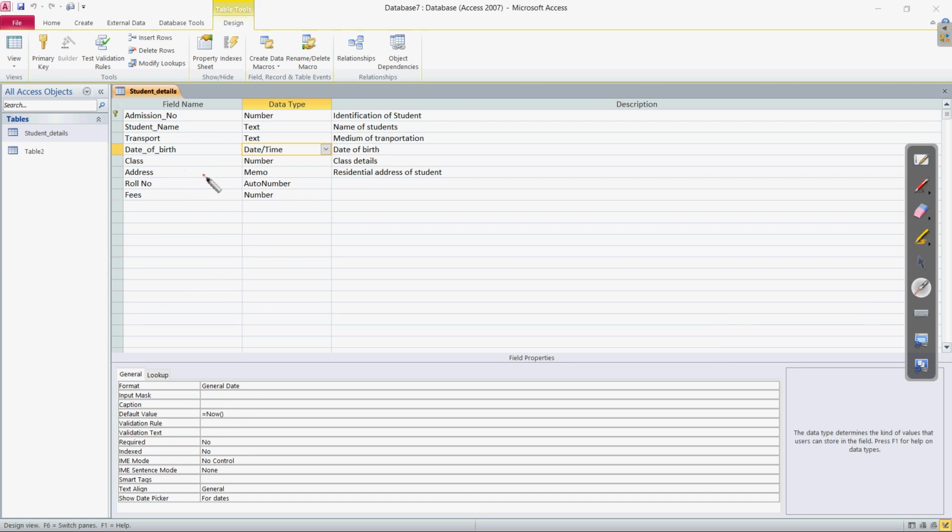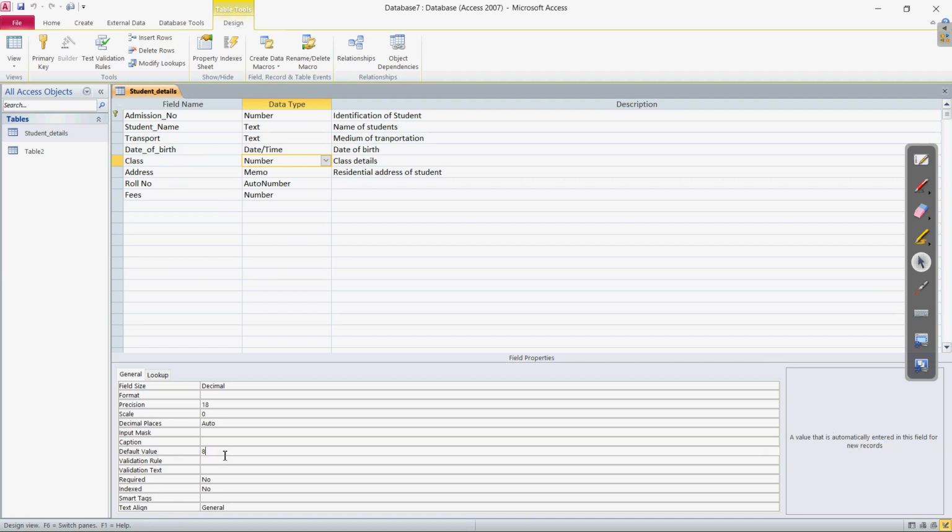Then we have seen the other field names like class and address. One more default value we have chosen is in the class field, for the data type number, where we have entered the default value as 8. Suppose you are making the database for class 8 students, then every time the value 8 will automatically appear.